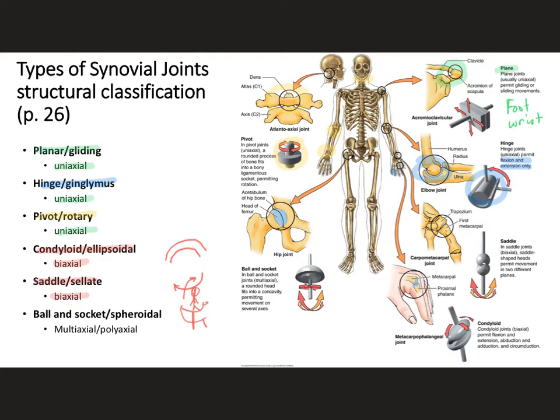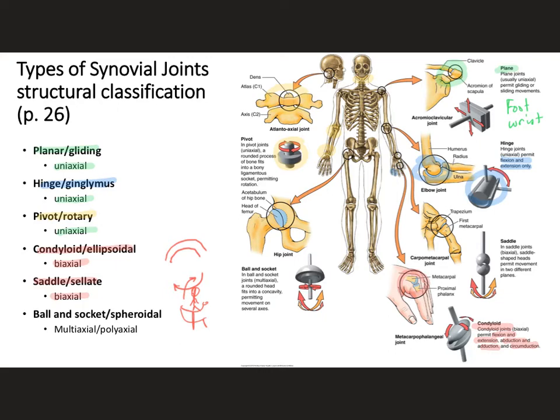In a condyloid joint, we're going to see movement in two directions. So we come over here and we see our condyloid, and it allows flexion and extension. It also allows abduction and adduction, and sometimes a modified version of circumduction. So we see here that I can both spread the fingers wide and I can also bend them at the